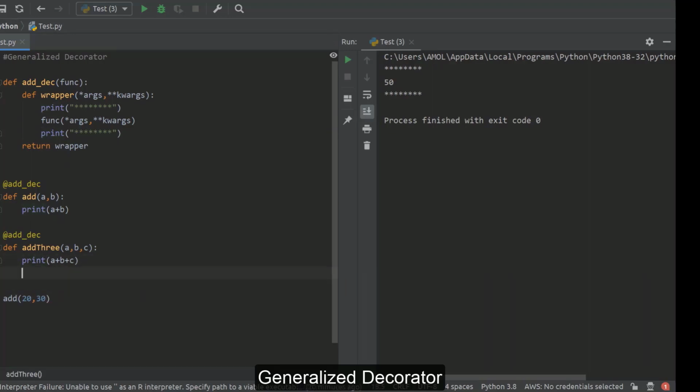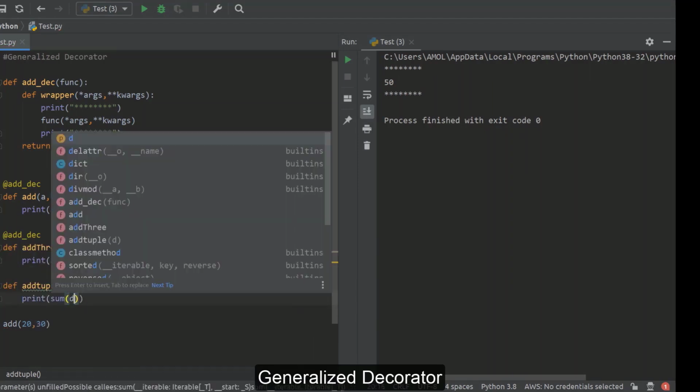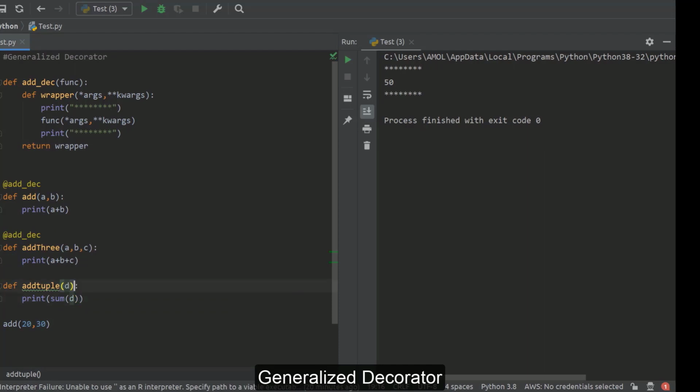You can even write, suppose now we are writing add tuple, to which we are passing one tuple value over here. We are printing sum of this tuple like this, and we can even apply this decorator for this function also.